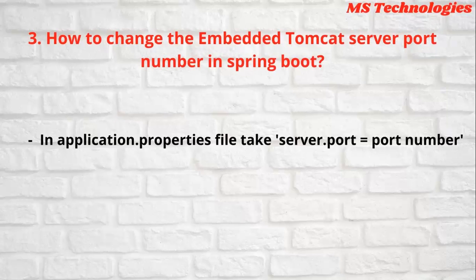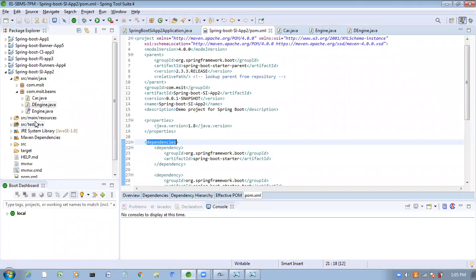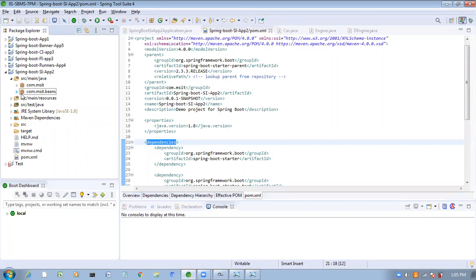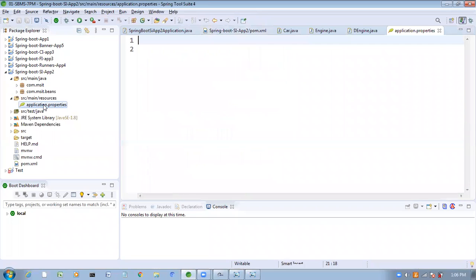How to change the port number? How to change the embedded Tomcat server port number in Spring Boot? Here, if you open the application.properties file, here we have the resources folder, src main resources. Inside this we have the application.properties file. If you open this file,